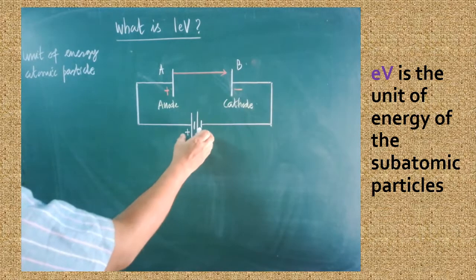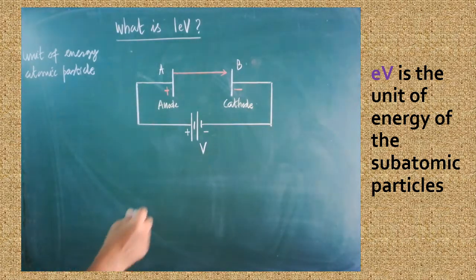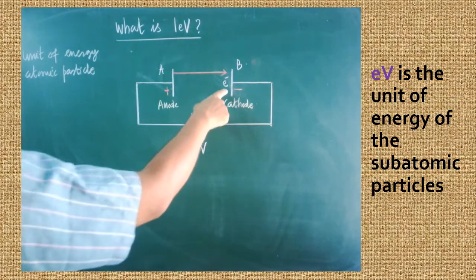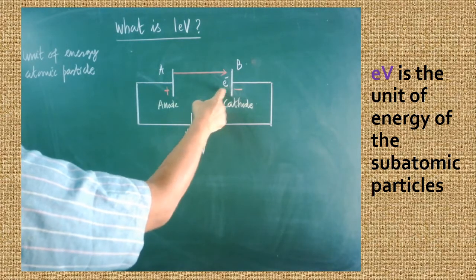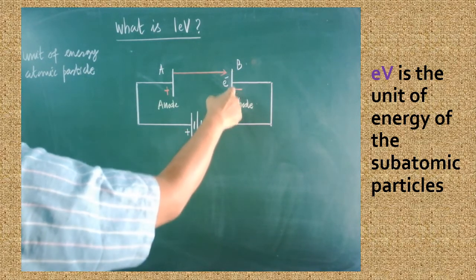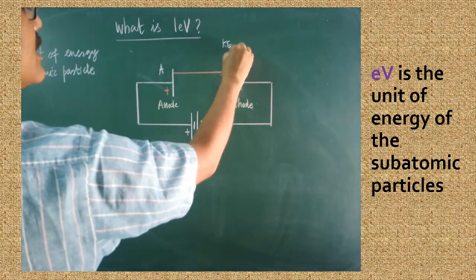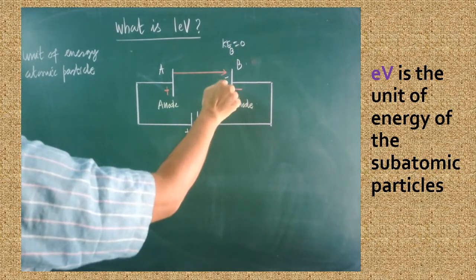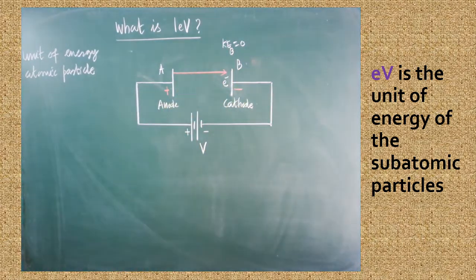Here some amount of potential difference is applied across the cathode and anode. We have to assume that electrons are emitted only from the cathode. There only the electron emission will take place. So the electrons are emitted from the surface. After the emission, at the point B, in the plate B, the kinetic energy of the electron is 0, because it is not moving. So it is at rest now. Initially the kinetic energy of the electron at B must be taken as 0.